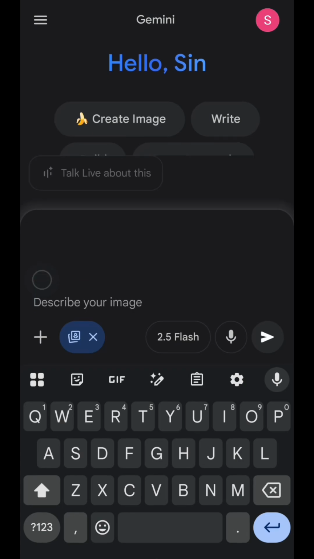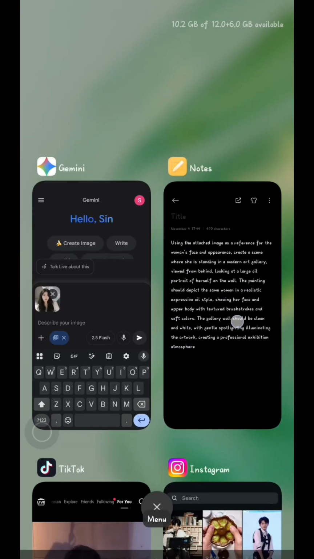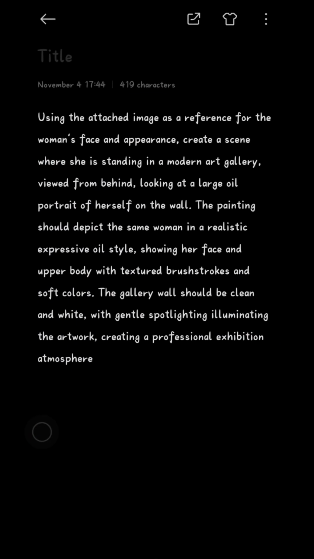And when you're done, just type your prompt. Before this, I have already prepared one prompt like this. You can just copy my prompt, but feel free to tweak it, maybe change the details as you like to match your style. Just feel free to tweak it. Next, I will just copy my prompt